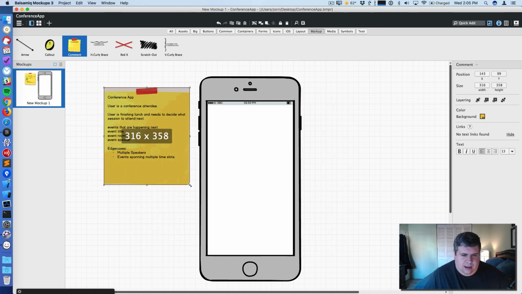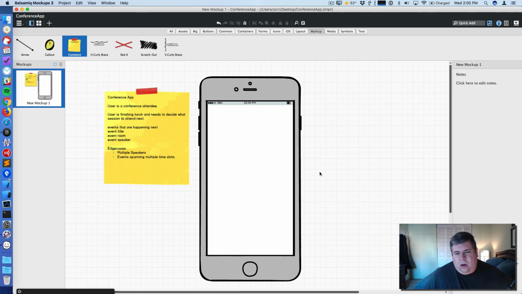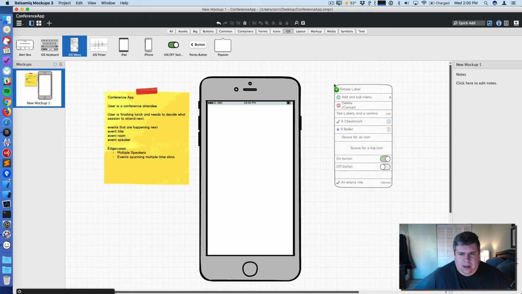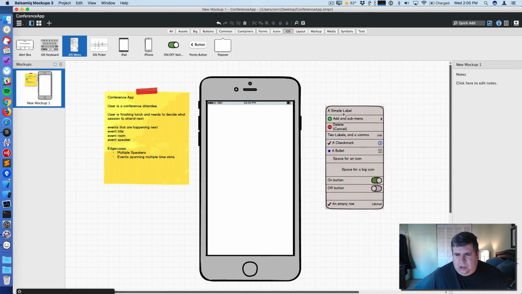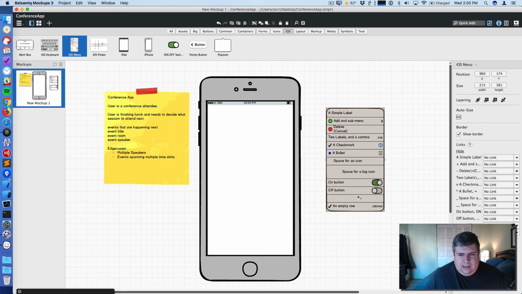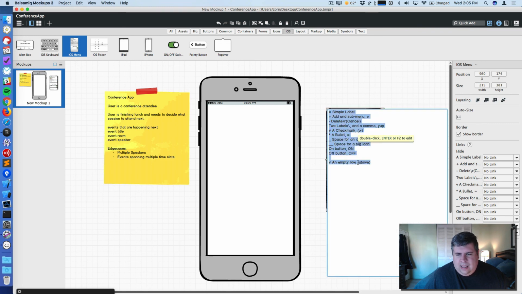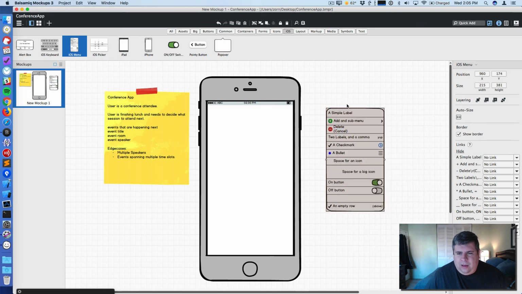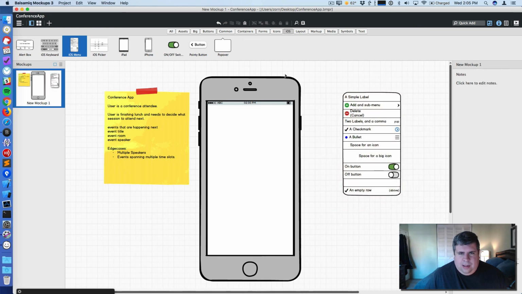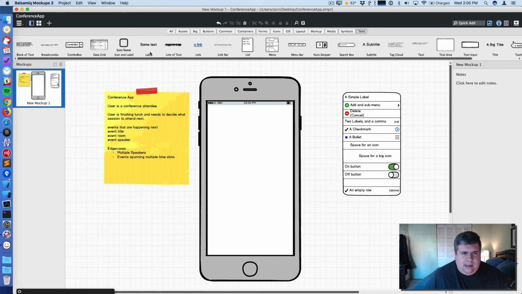So with that said, let us start our design. This is just going to be a one screen app for the initial version 1. And normally what I like to do with this is I can imagine we're going to be seeing a table view. Now, Balsamiq does have a thing called an iOS menu, which you could potentially use for something like this, where it's got its own little syntax that lets you visualize what a table would look like. We're going to do something a little bit simpler, so we're just going to take some text and